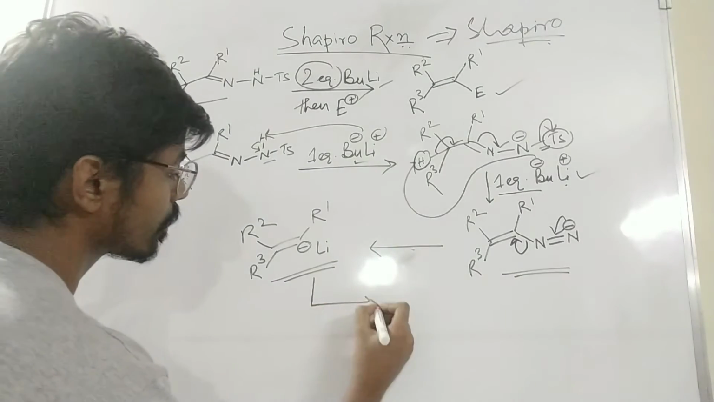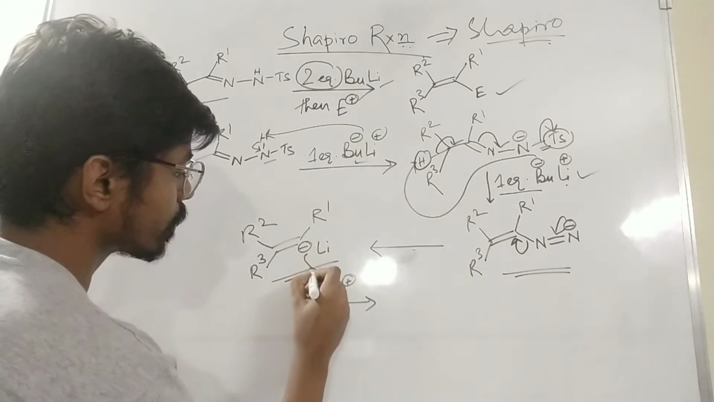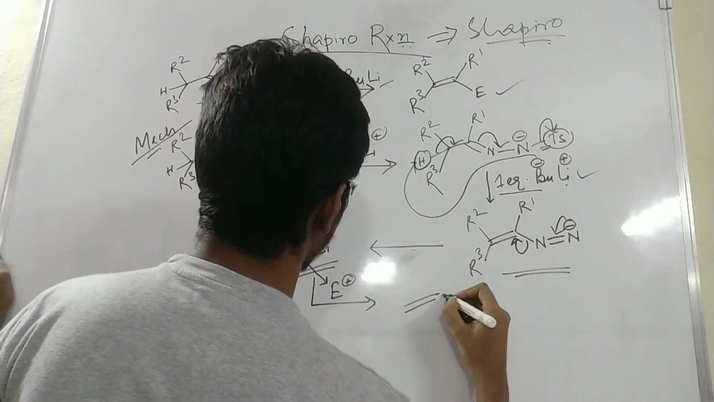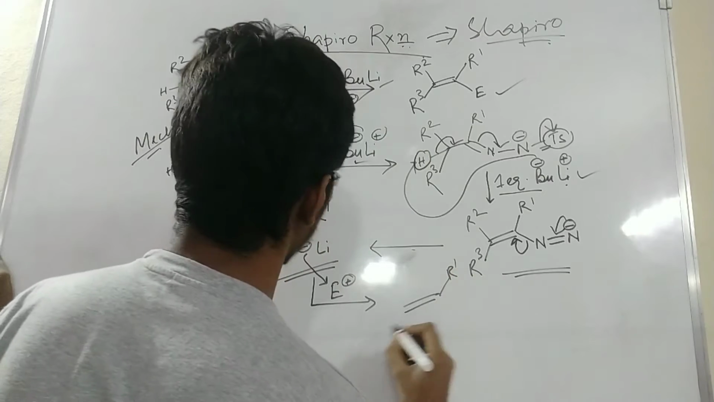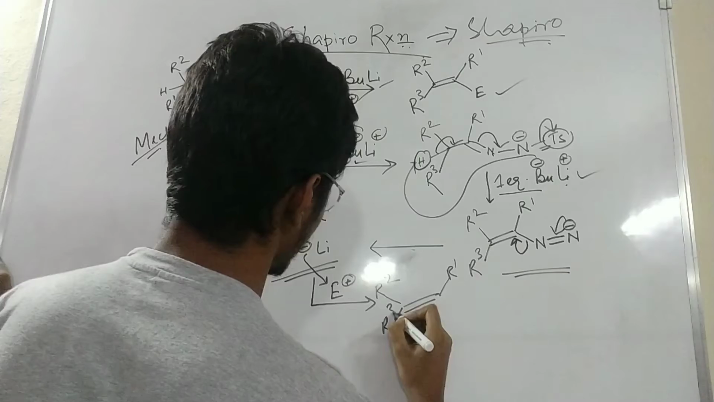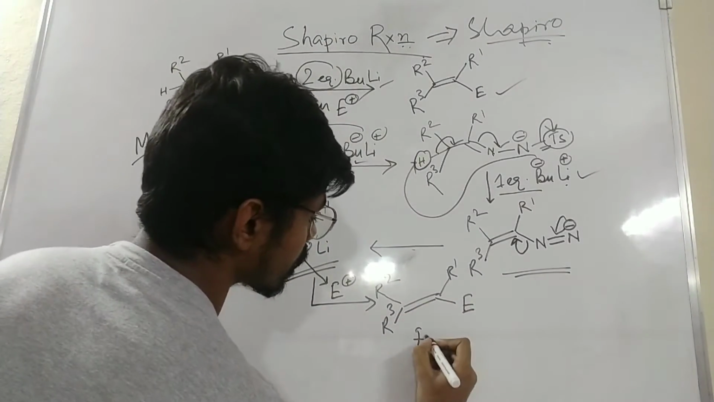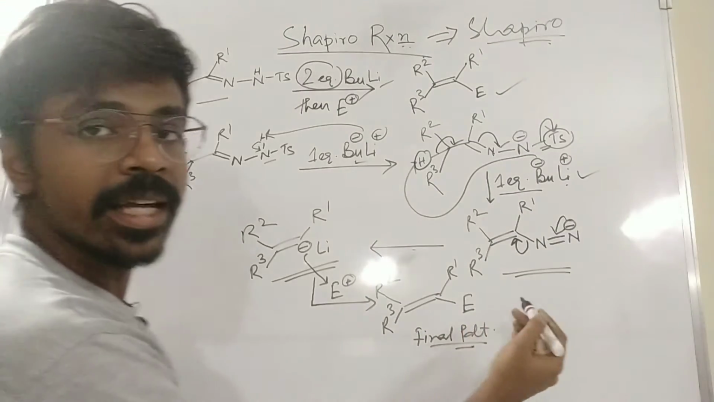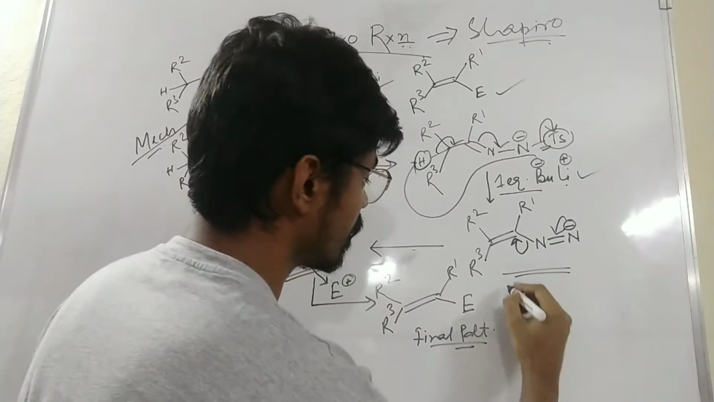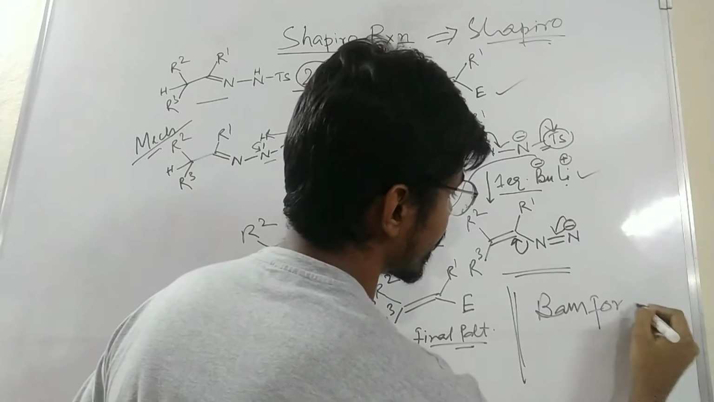Now if we apply one electrophile here, then what is going to happen? This anion is going to abstract the electrophile and will make an alkene. It is the final product. You can see this reaction is very much related with the Bamford-Stevens reaction,